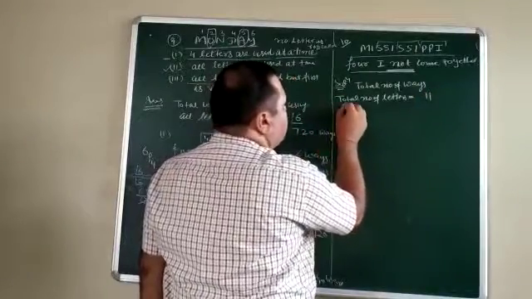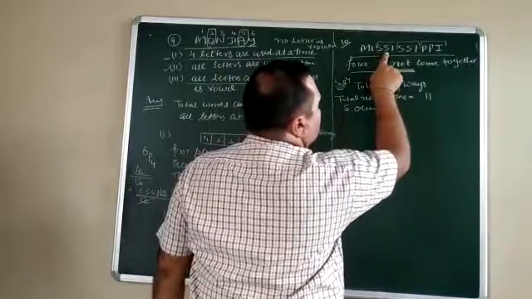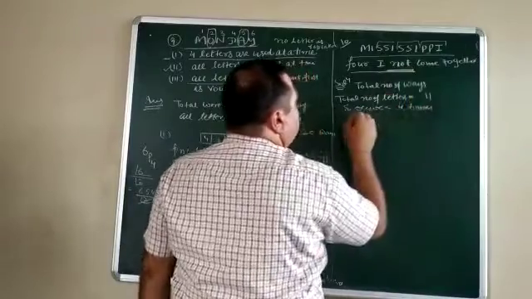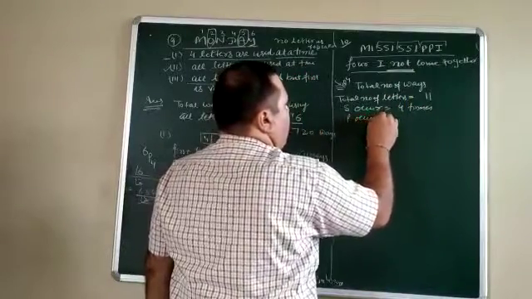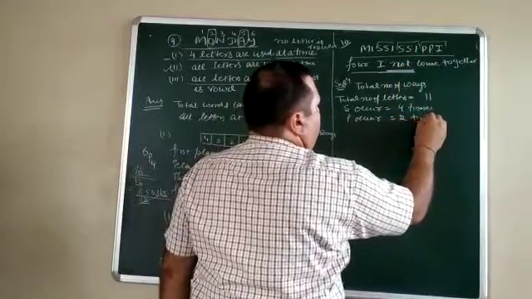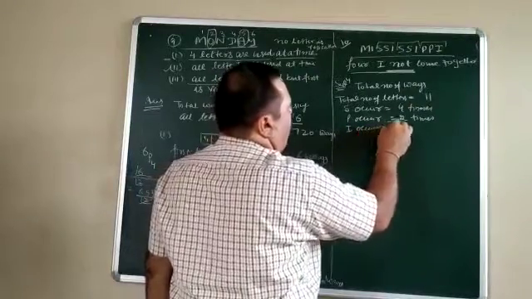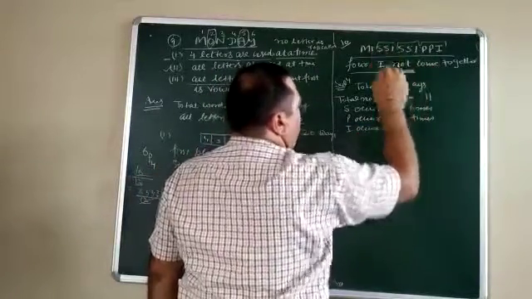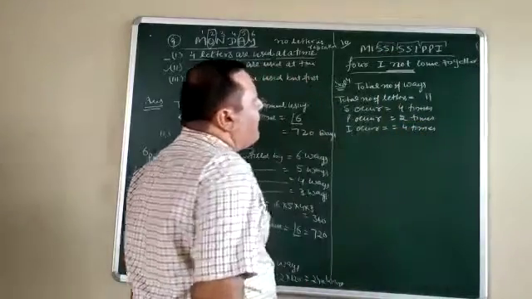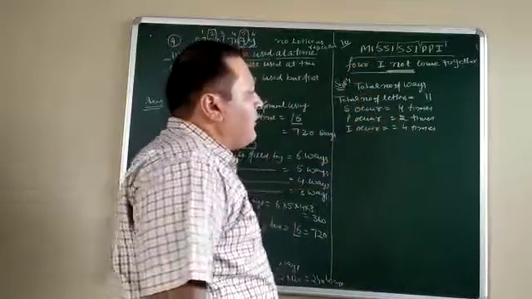Now see which one is repeated. How many times does S occur? 2 and 2, 4 times. P occurs how many times? 1, 2, 2 times. I occurs how many times? 1, 2, 3 and 4, it is 4 times. Now is any letter left? S is covered, I is covered, P is covered, M is only one time. No need to write down for the one time.